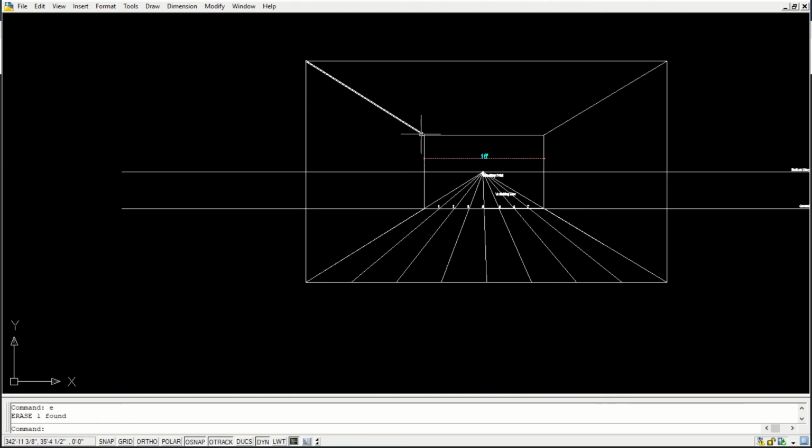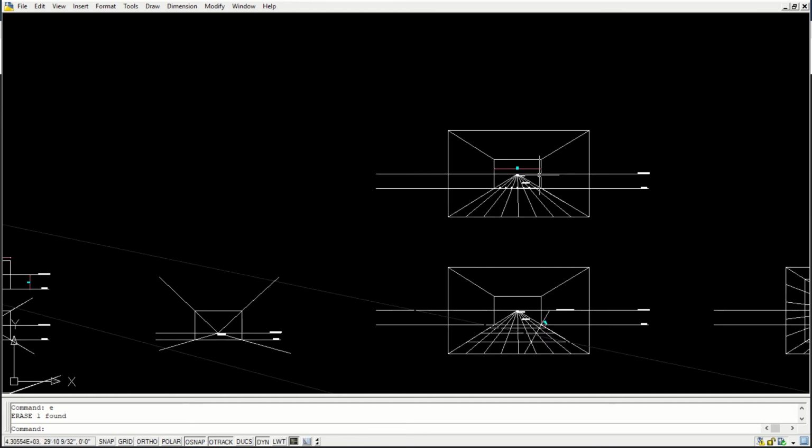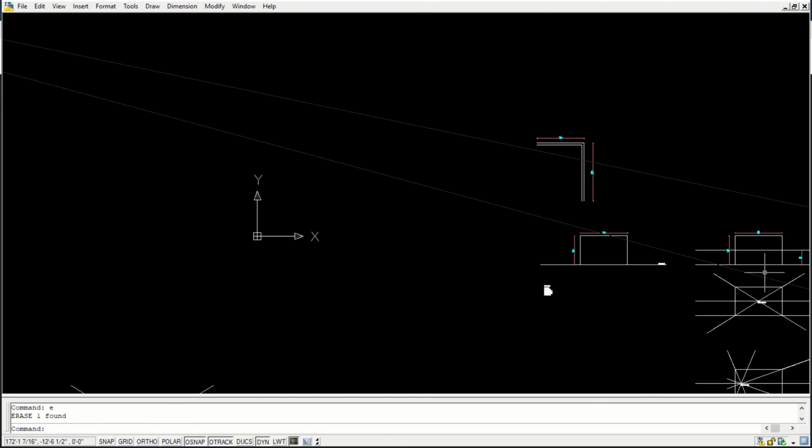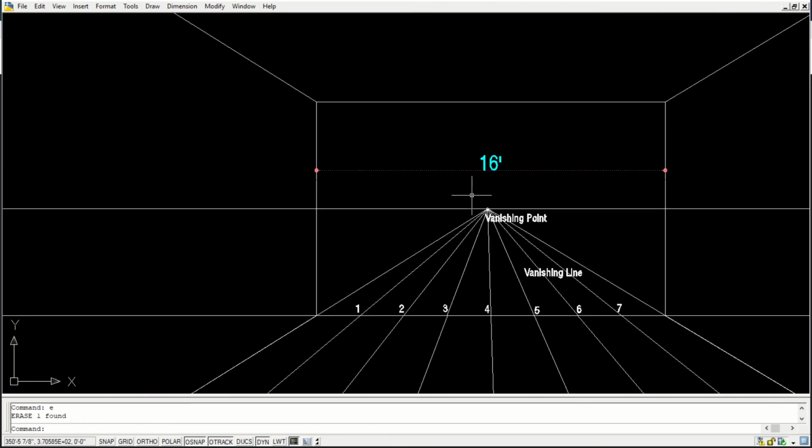We said this face is actually in contact with the picture plane, and any object in contact with the picture plane will have a true scale. So if I measure anything here, let's say 16 feet, it will be 16 feet in the diagram. This is the only point of reference that we have where we can think of the actual scale.